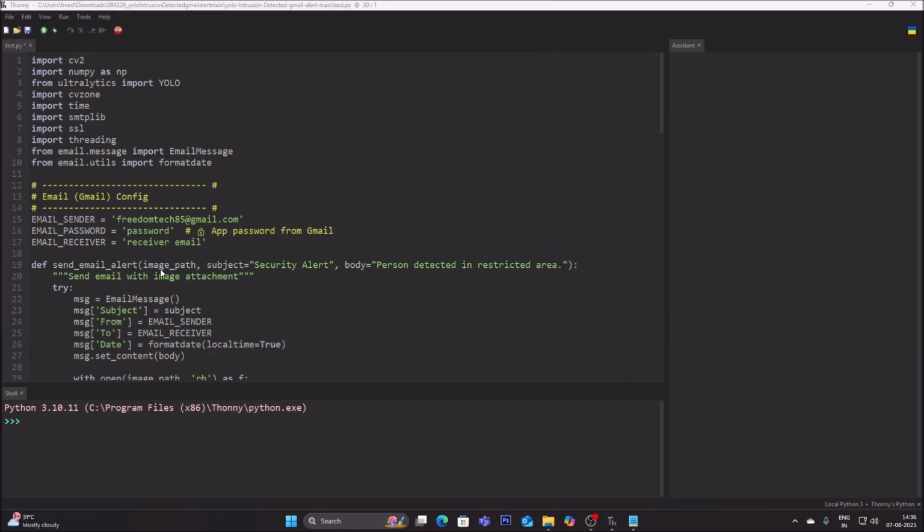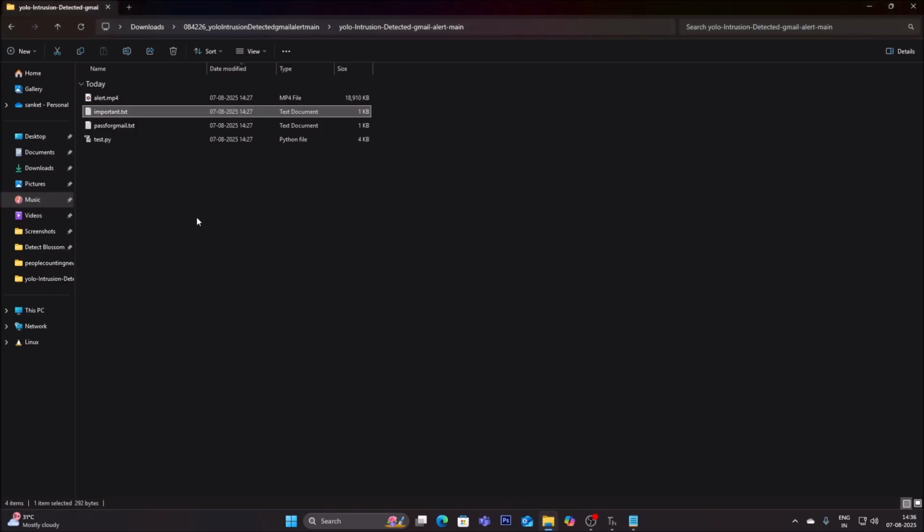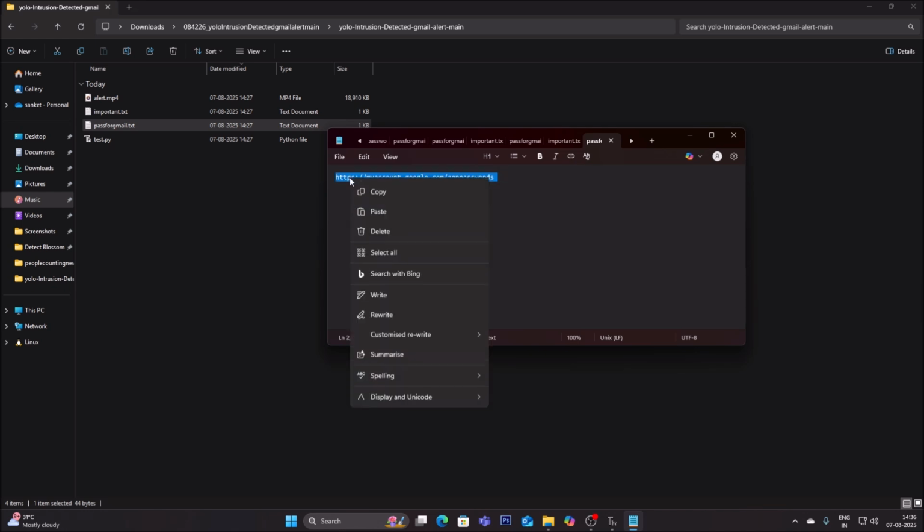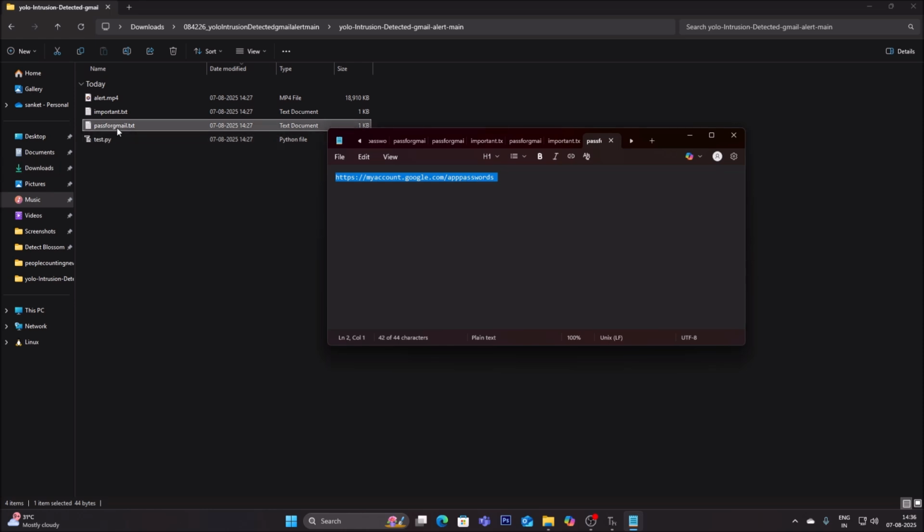So we are done with the numpy version also. Now, as I mentioned, here we want to mention the app password. So again we will open our project folder. Inside that I have the file pass for gmail.txt. Just double click and this is the link which we want to paste inside the browser. But remember one thing friends, first you have to log in with your Gmail ID inside the browser. Then you have to copy this link. I have already logged in, so now I will copy this link from the pass for gmail.txt text file,